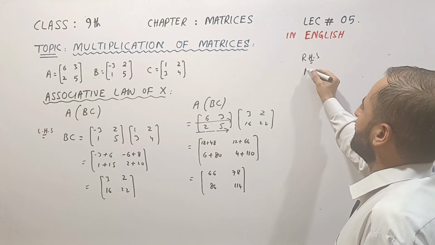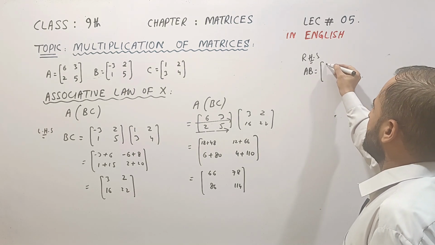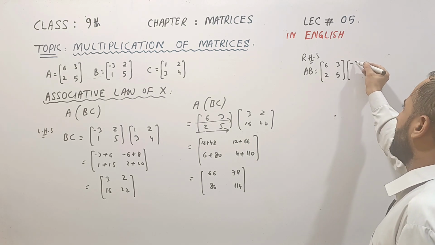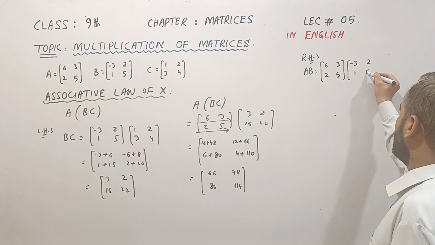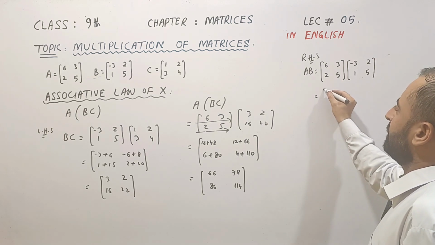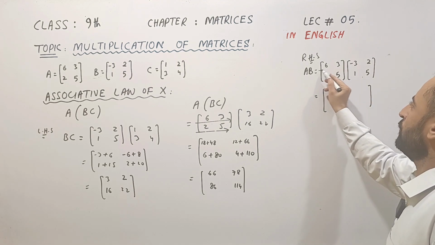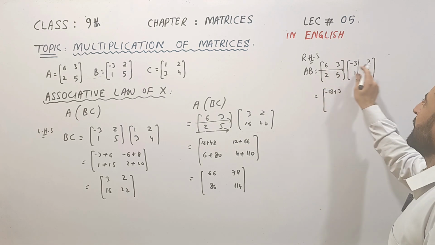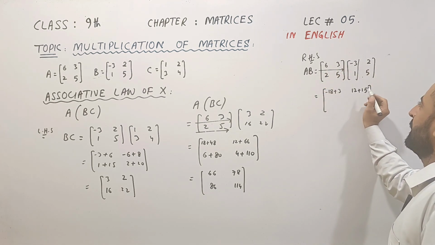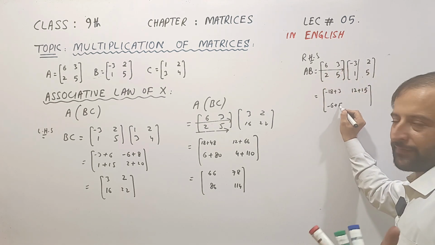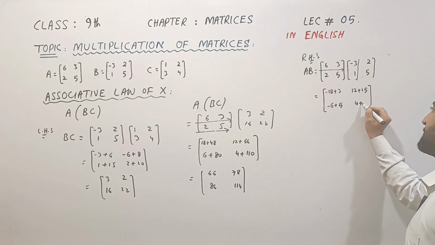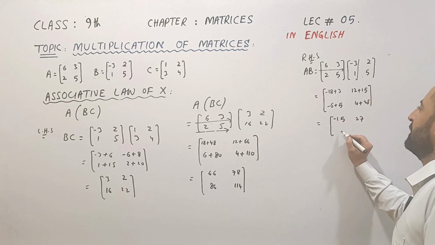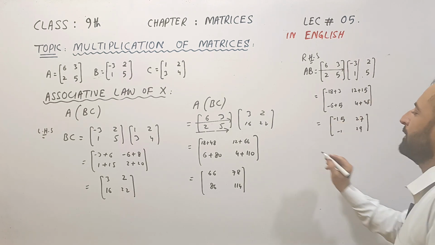Right hand side, AB. 6, 3, and B, minus 3. First row, first column, minus 18 plus 3. Then 12 plus 15. Minus 6 plus 5. 4 plus 25 minus 15. 27 minus 1, 29. This is AB. Finally,